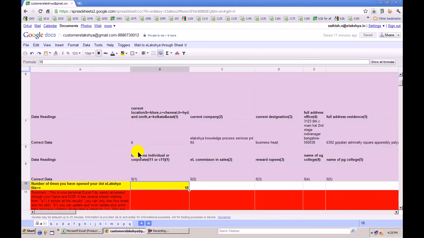Point number 17, this .elexia file also serves as a communication channel. We would not be communicating to our customers through email. We would be communicating to them only through the .elexia file, because the link of the .elexia file will be there in our mail communication to the customers. They just need to open the link, and as soon as they open the link, the mail from Elexia to the customer is popped up.